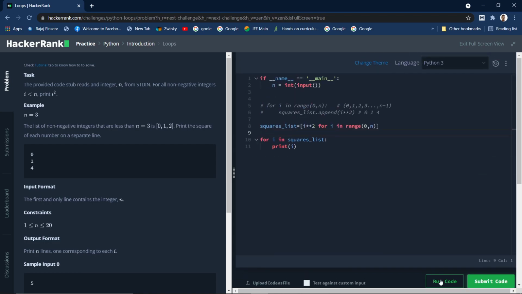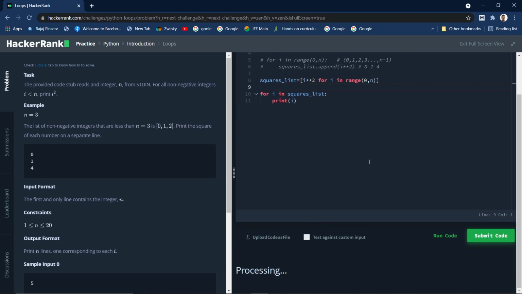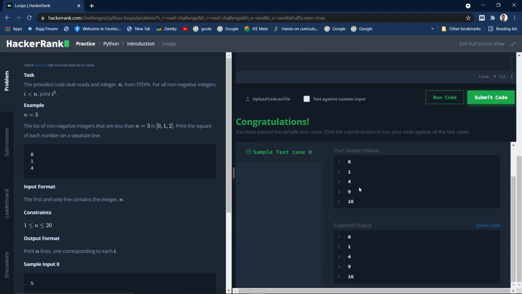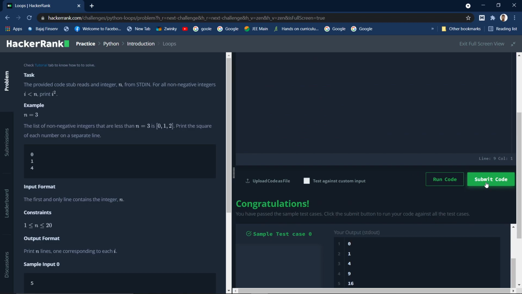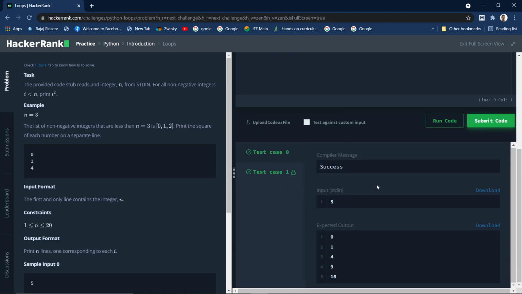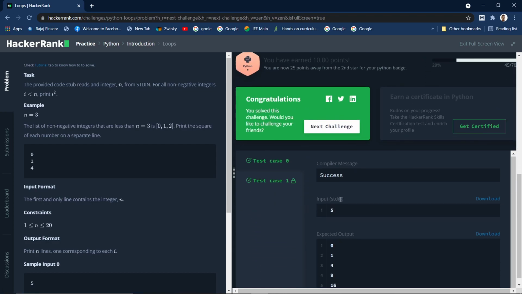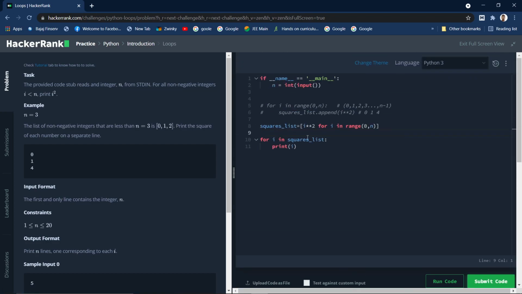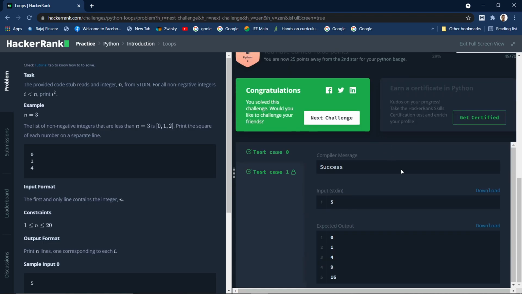Let's run. It should also work. So it is also working. Let's submit and see. Yes, all the test cases are working. And let us do this also. Now, not all test cases are being passed.